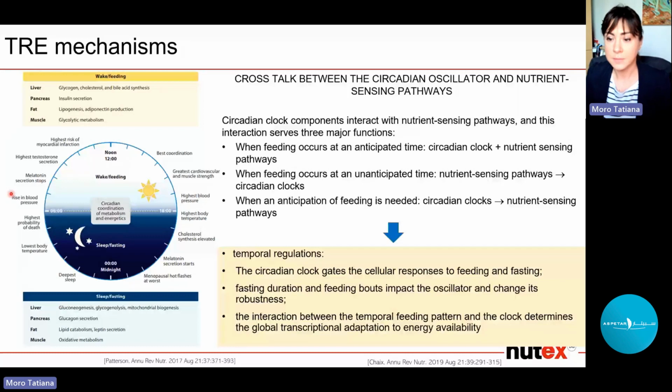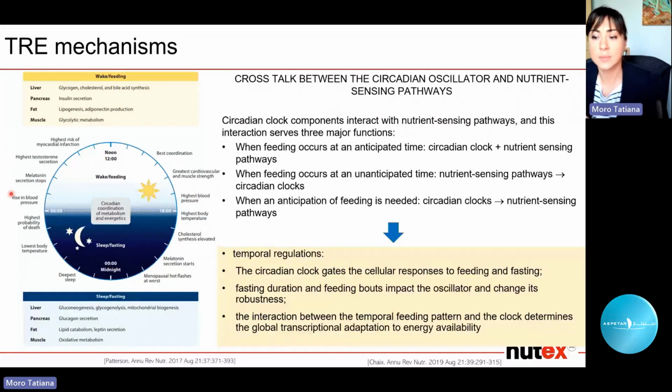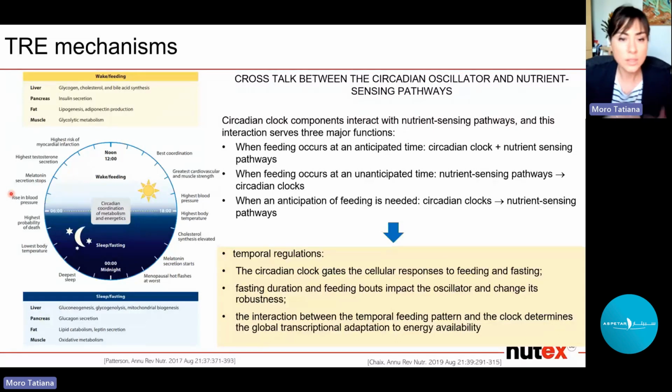On the other side, when the food comes at an anticipated time, all this type of signaling is regulated on the backside. So it's the nutrient sensing that is telling the circadian clock that something has changed, and so they have to re-regulate themselves. So you can understand how changing the time of our meal, or like during the time restricted